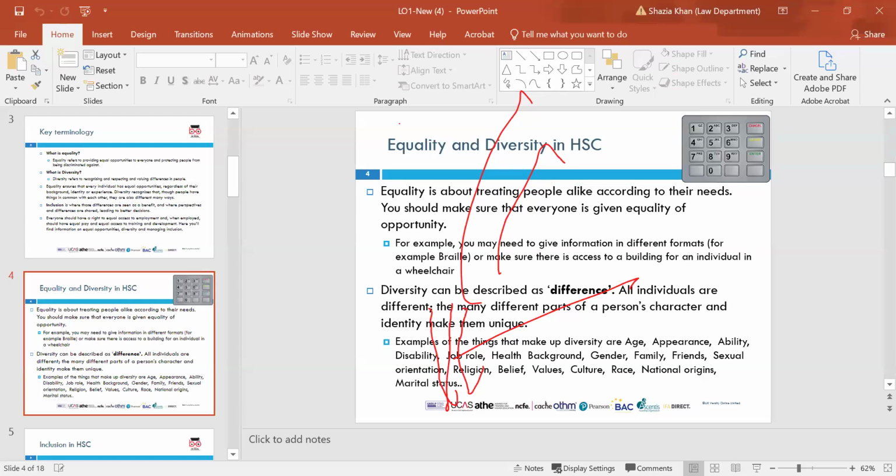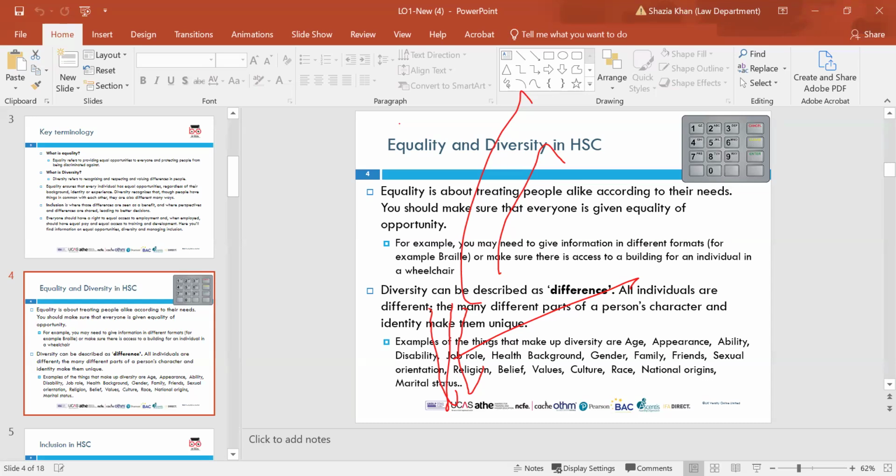Good equality and diversity practice ensures that the services provided to people are accessible and fair to everyone, including service users and care providers. This helps everyone feel like they are treated equally and get the respect and dignity they deserve. So within the healthcare sector, it's really important that we take into account people's age, appearance, abilities, disabilities, origin and culture, to make sure they feel welcome and that everyone is treated the same. Good diversity ensures that everyone knows their differences are something to be celebrated, whatever background, ethnicity, or belief they have.